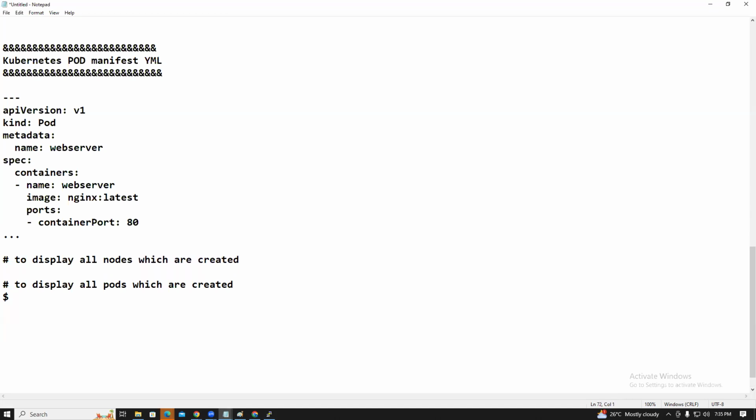So the command is kubectl. Guys, I already told you, right? This is the CLI, this is how you can interact with EKS. You can interact with EKS through kubectl. So now I am using the CLI. kubectl get nodes. And if you want to display all the pods which are created, kubectl get